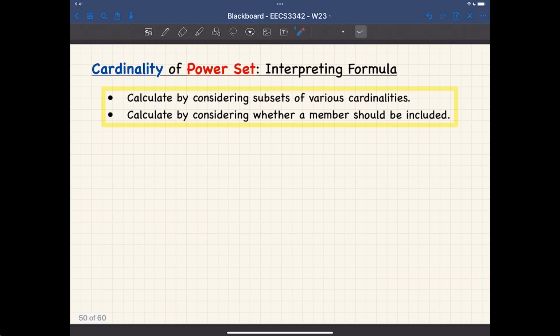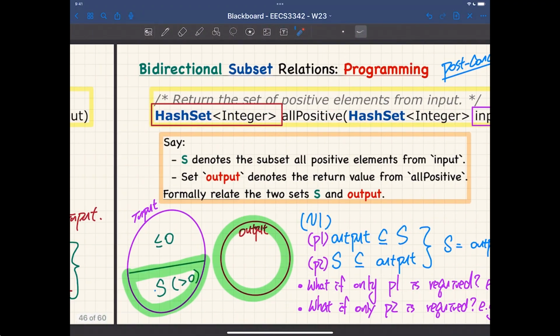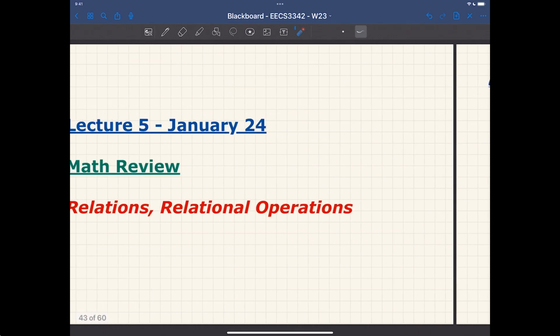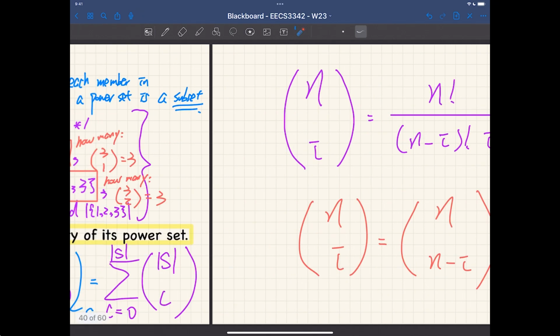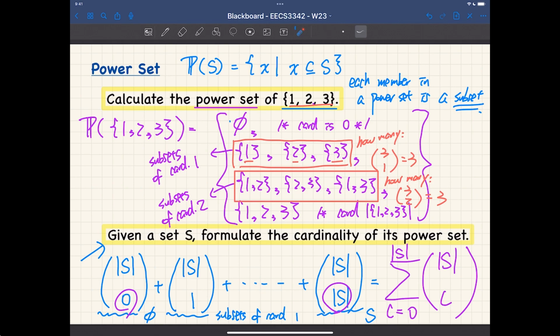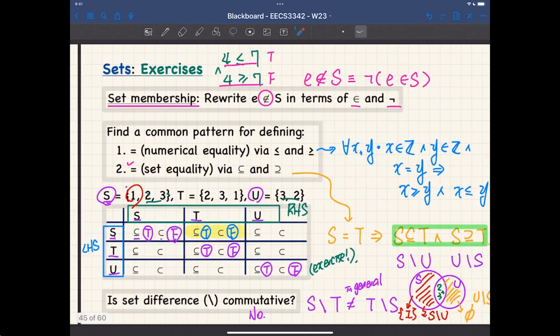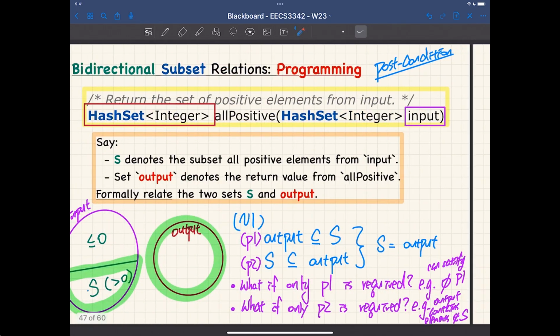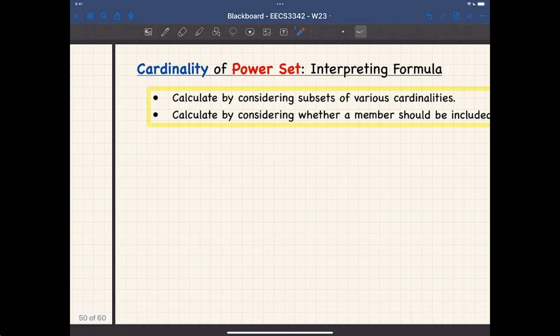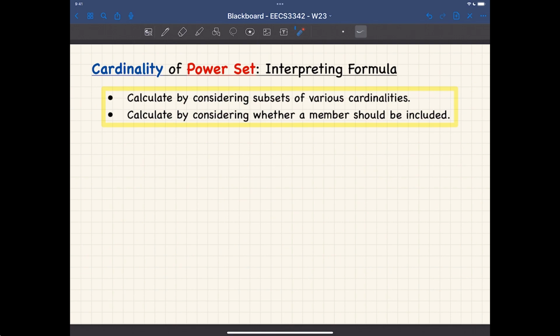Okay, here. We talk about the cardinality of the power set. If you recall this little page that we did last time, this formula over here. Assuming that you already studied a little bit with it, let me go from there. Compare a little bit. There are two ways for you to think about how to compute the cardinality of the power set. I will mention both, and then you decide which one you're going to use.